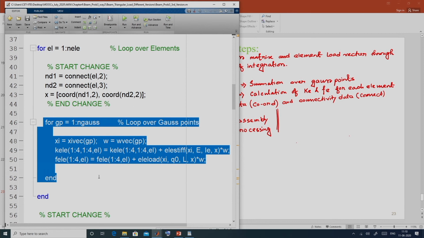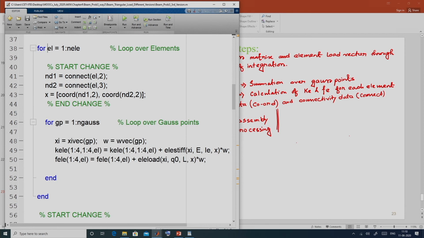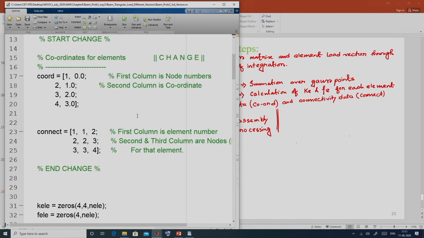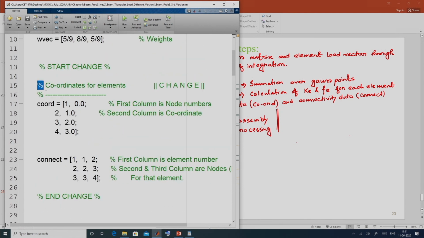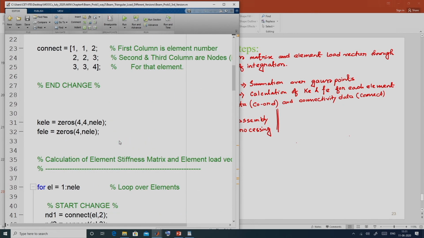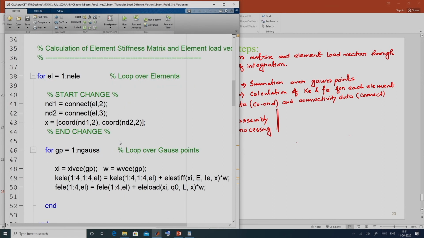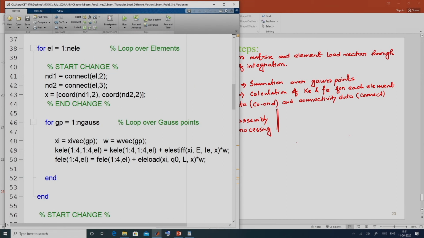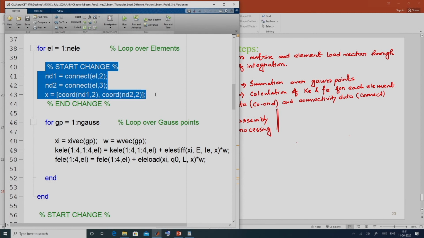This calculation we do for all elements, 1 to number of elements, under this outer loop run by the element number. After that, we have introduced two data structures, coordinate and connectivity, and we have generalized the creation of the element stiffness matrix and element load vector using this connectivity and coordinate data.